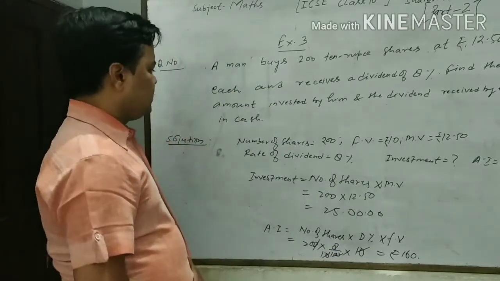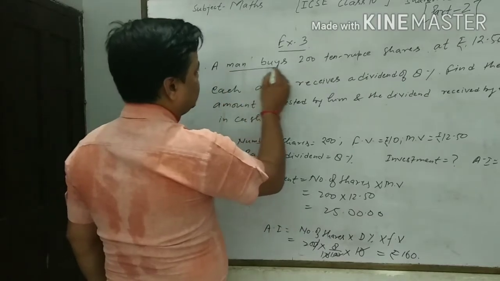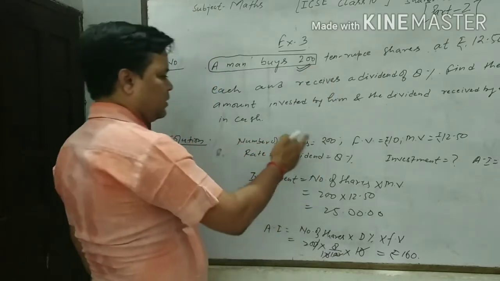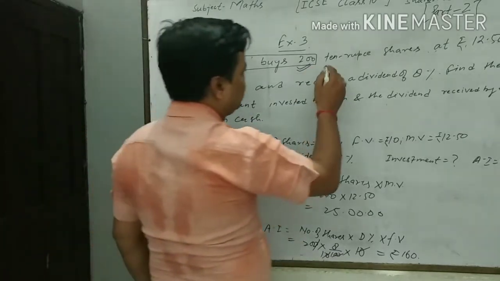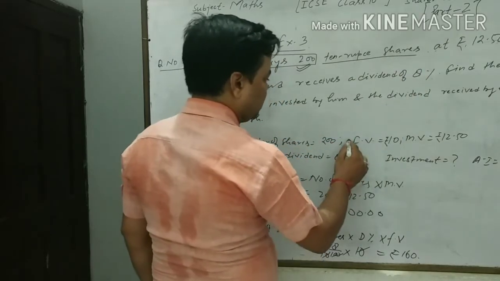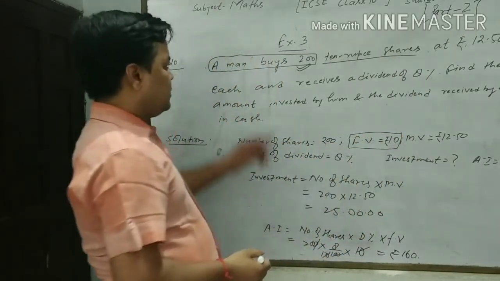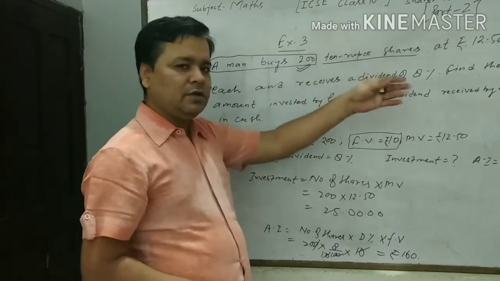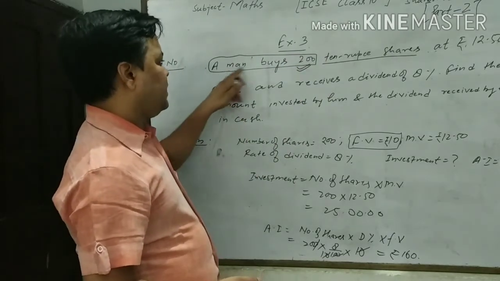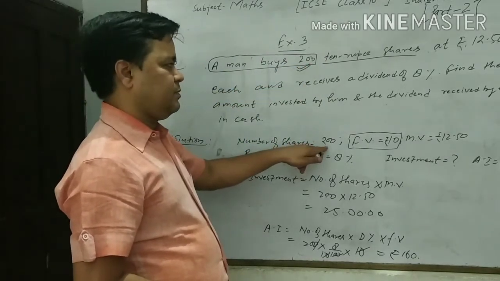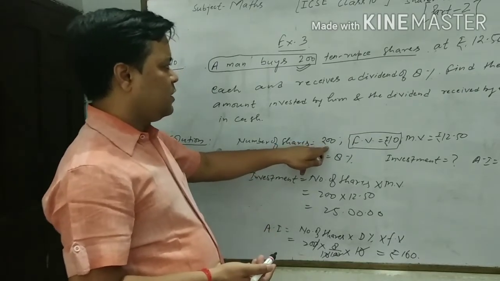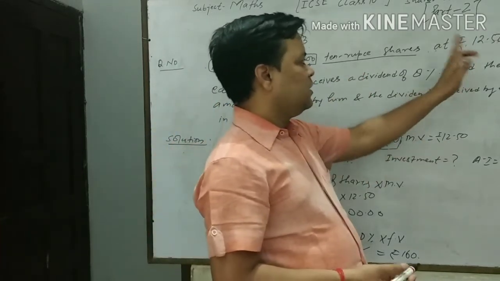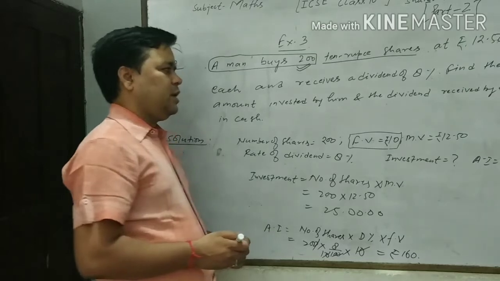Okay. On the basis of this, here a man buys 200. What is this? This is the number of shares. And here 10 rupees is given. 10 rupees shares means what? The face value is 10 rupees. Here some students are confused. A man buys 200 rupees 10 shares, and they are making different decisions. But a man buys 200 means the number of shares is 200. That person buys 200 shares whose face value is 10 rupees and market value is 12.50. This is the condition of the given part.